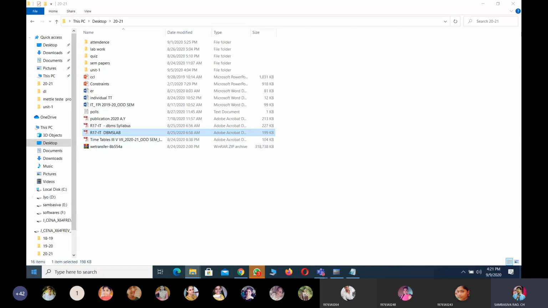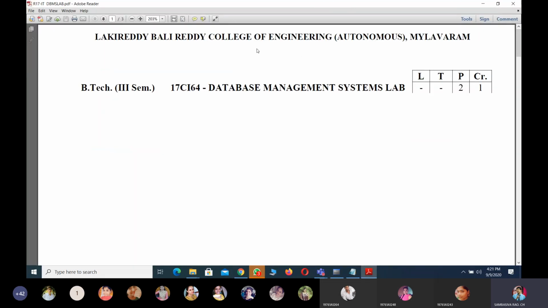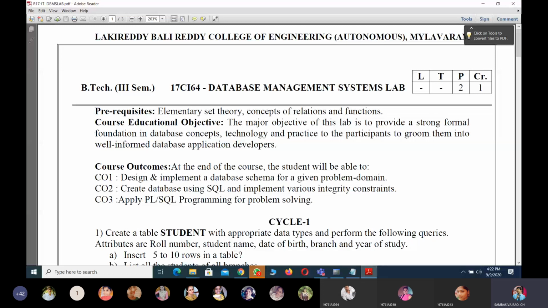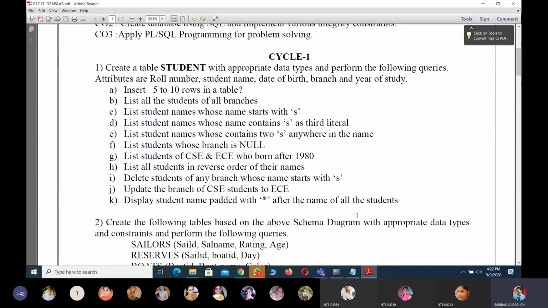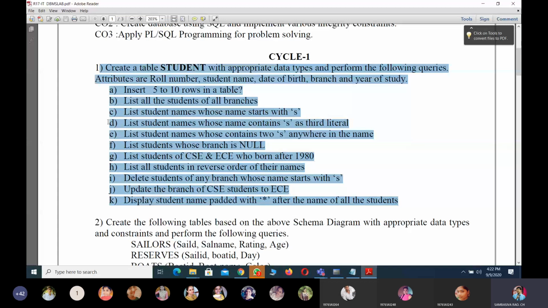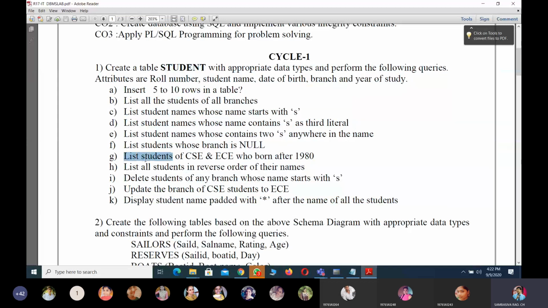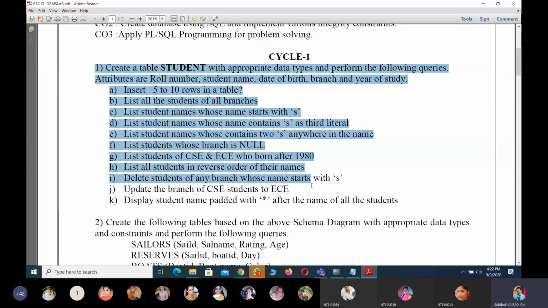So this is your regular R17 regulations practical examinations related lab. Under this lab we have 16 cycles in total. This is the cycle 1 related task, and we have completed the cycle 1 tasks. I hope so. Except for this 1980, I will cross check that one, and in subsequent classes I will tell you why we are not getting it. Up to now we have successfully completed cycle 1. If you still have any clarification, then ask me. I will stop the recording session.